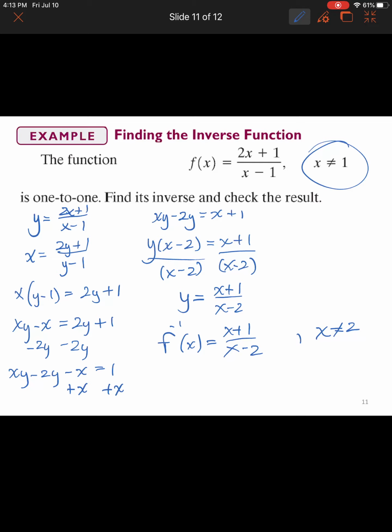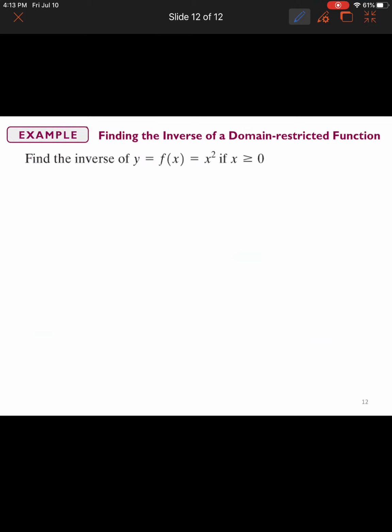All right, keeping it rolling. Last example. Oh, it says restricted domain. And the reason why it says restricted domain, remember, we ran the horizontal line test on this function earlier, and we said it's not one-to-one. And we also said that in order for a function to be invertible, it had to be one-to-one. But let's say if we restrict the domain,